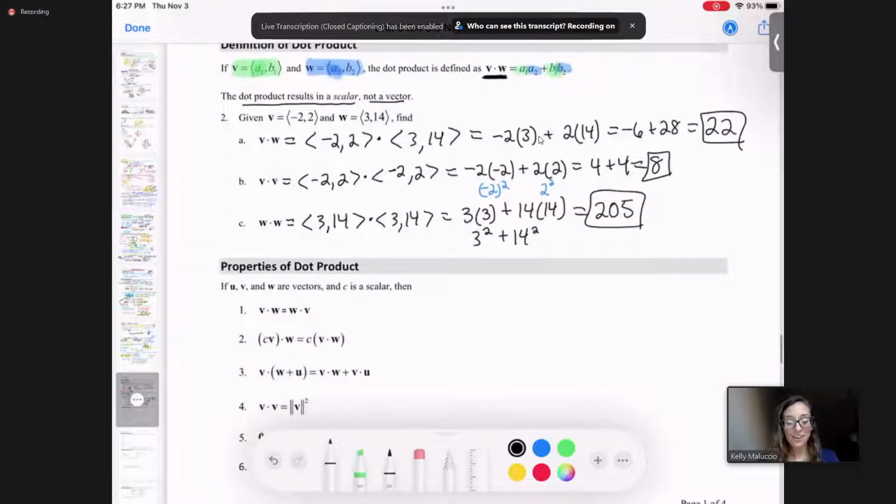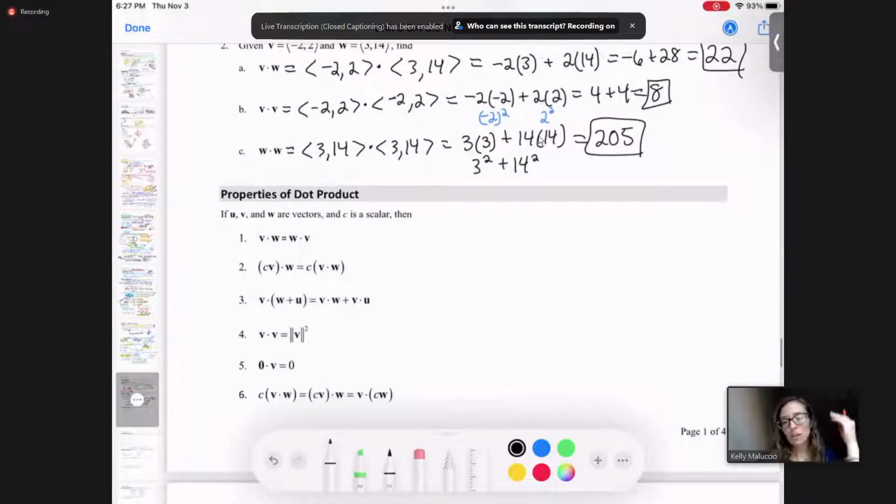Exactly. So if you look down at these properties, this is where we're just hopefully learning. Right here, they're just properties. I really need to figure out what you need to memorize for this test next week. I'm dropping the ball on you guys, but I want to say you'll be given most of the properties, except for the ones that are kind of obvious. Like this first one, it's the commutative